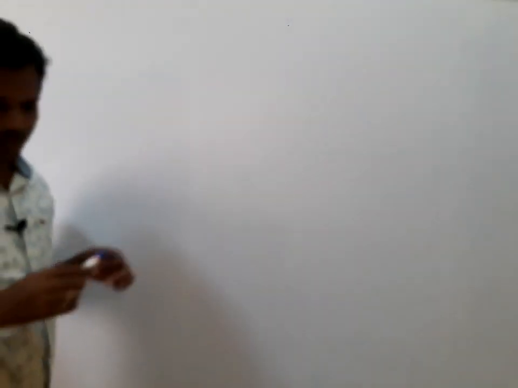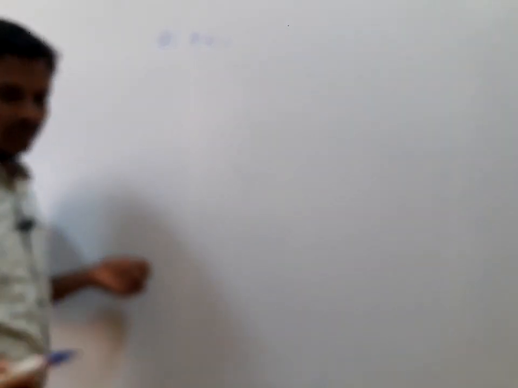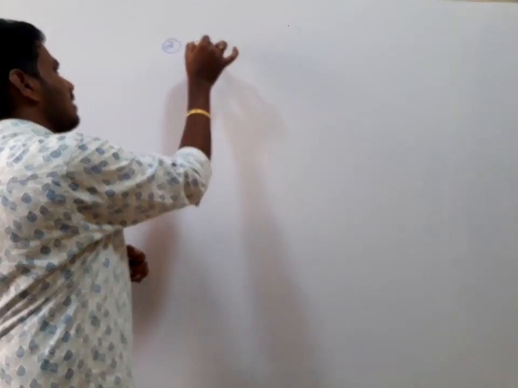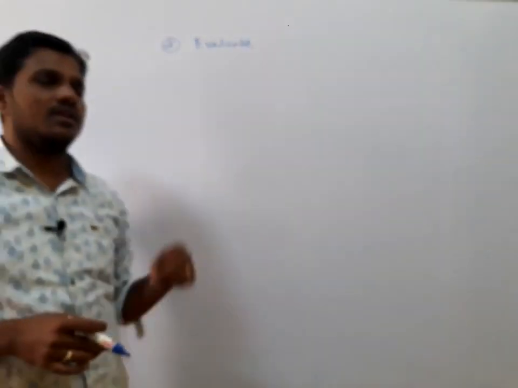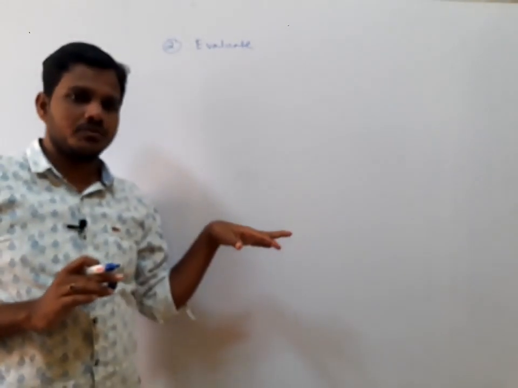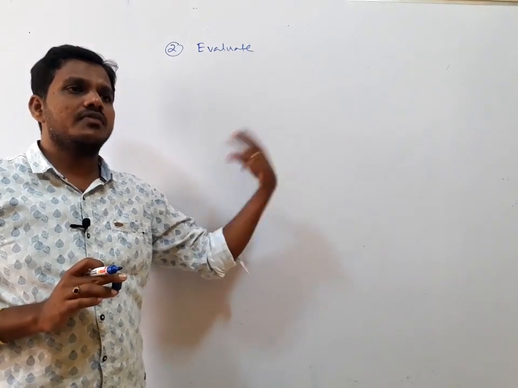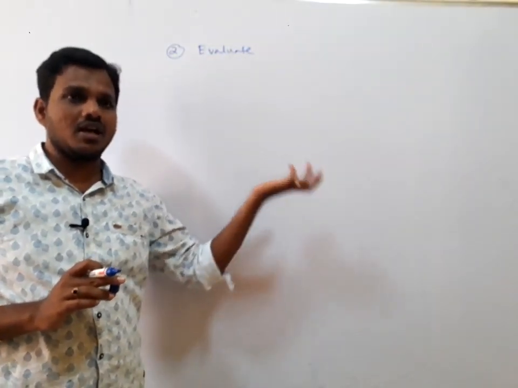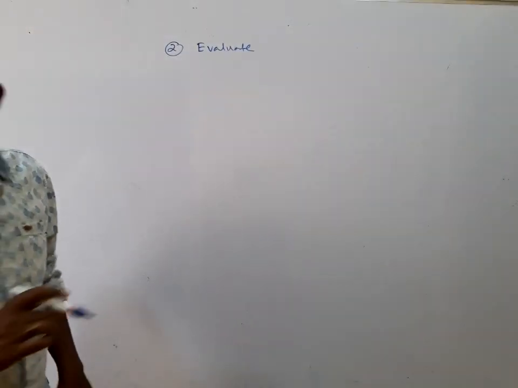Second one, now we take this problem: evaluate the integral over c. The region is also very important. If the region is not given, and the entire complex plane is meant, then you can add all the residues existing there as the sum of the residues into 2 pi i. Okay, evaluate the integral over c